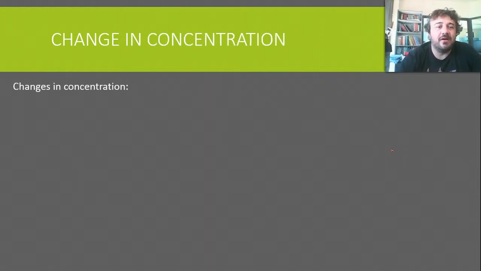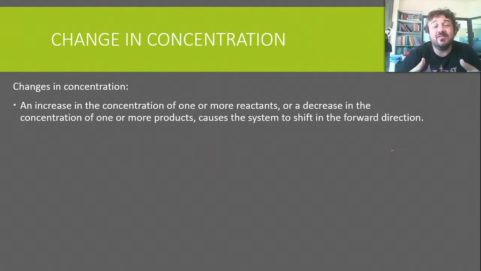Changing concentration. If we change the concentration, essentially an increase in the concentration of one of the reactants or a decrease of one of the products causes the reaction to shift forward. So if we've got our CO2, and we put more CO2 in, the reaction will shift this way to our CO2